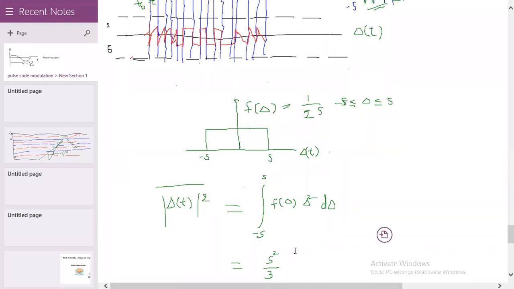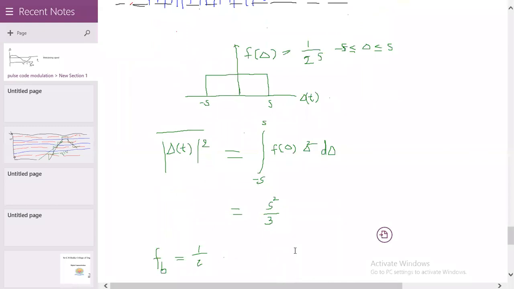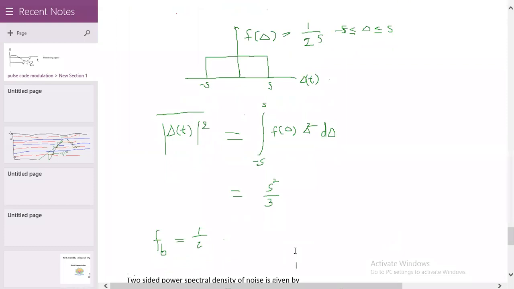Boys. Yes, ma'am. Solved it. S² by 3 came? Very good. Then here, bit duration, correct. FB is equal to 1 by tau. So here,